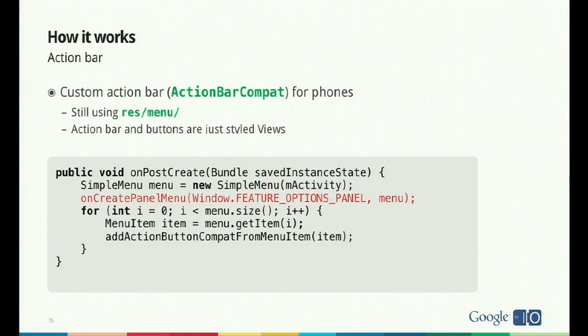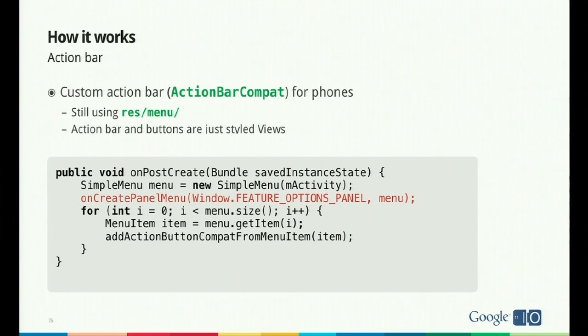And the action bar, as Adam mentioned, is kind of a neat thing. It's kind of a tricky thing, so I'll talk about it in a little detail. Basically, the way we do it is, I mean, the action bar is basically just a set of normal views, right? It's a linear layout with some image buttons. The way it's really done is that, first of all, we have this simple implementation of the menu interface. We instantiate it. We then tell the activity to populate it with all the menu items that it thinks should